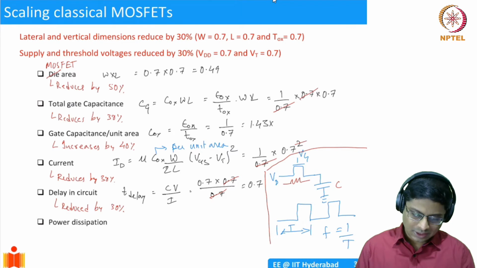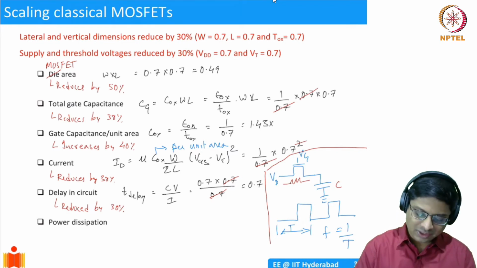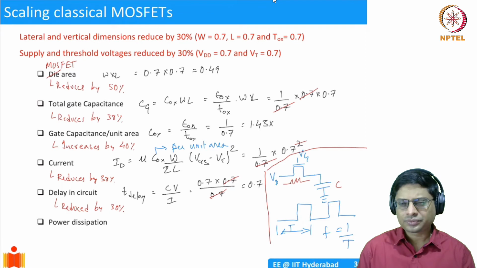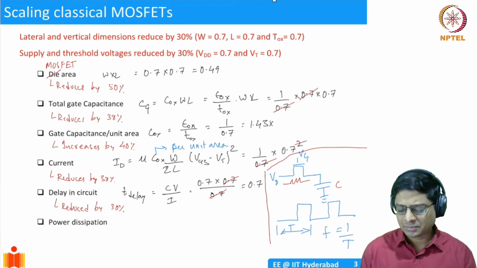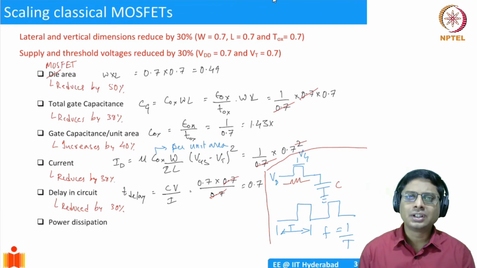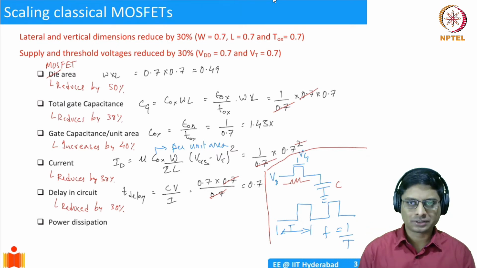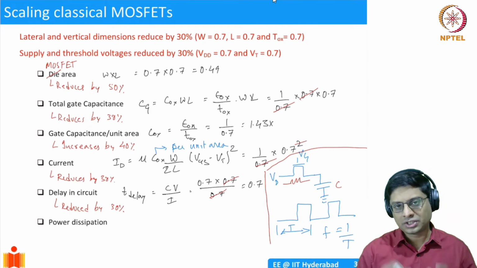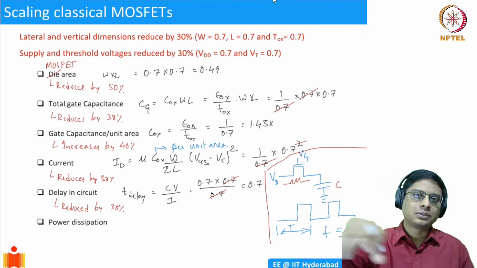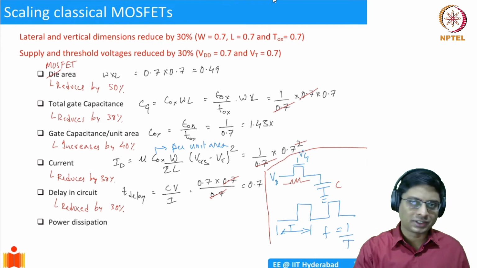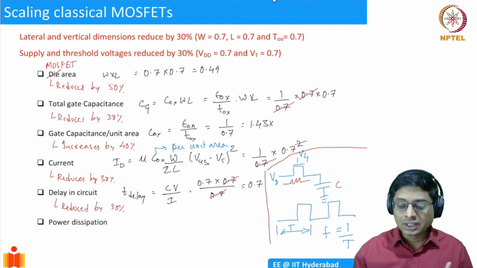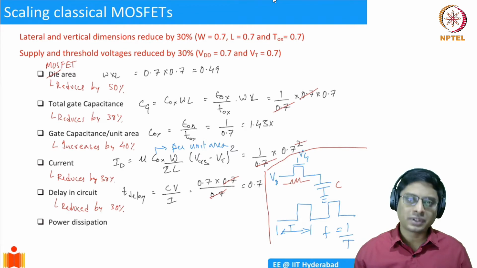Okay. And finally, the power dissipation is another important metric. So we said that RC network is essentially a simple model of a MOS digital circuit. And if you're trying to charge a capacitor to voltage V, then the amount of energy stored in the capacitor after charging is going to be half CV square. Okay. So you turn on the MOSFET, you charge it to half CV square. You turn it off, the energy will be dissipated in the resistor, or across the MOSFET, and the total amount of energy, in the process, you lose is CV square.